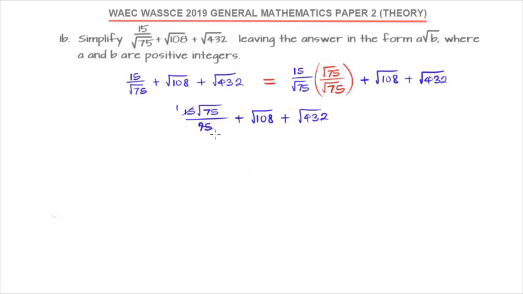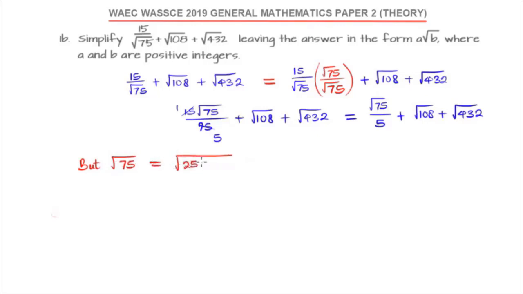Now 15 can go in 75 to give us 5, so our expression is now root 75 over 5 plus root 108 plus root 432. Now, root 75, how can we simplify that? We know that root 75 is the square root of 25 times 3, and root 25 times 3 is root 25 multiplied by root 3. Now, square root of 25 is 5, and we still have root 3. So we can use this in our first expression. Instead of root 75, we can say that is 5 root 3 over 5 plus,